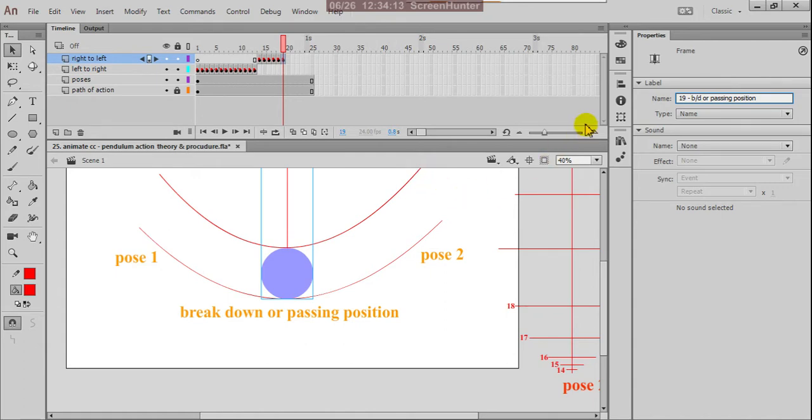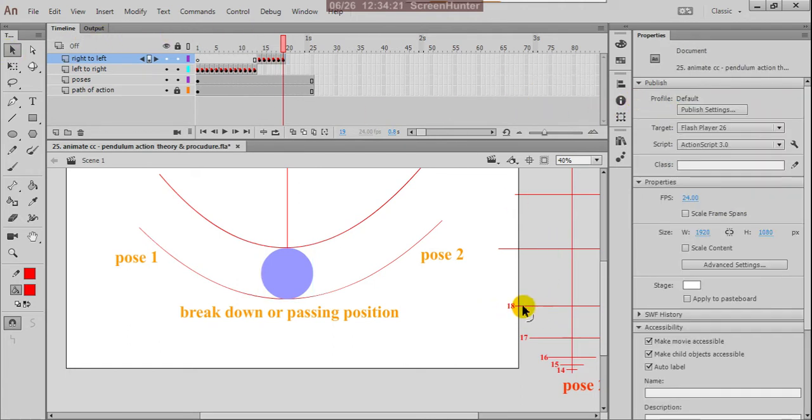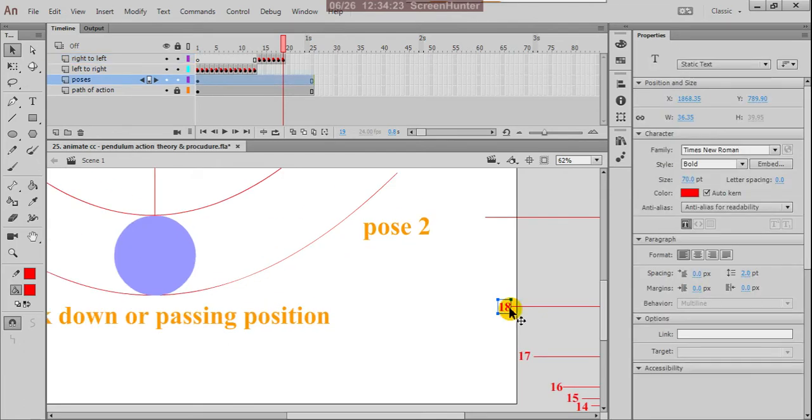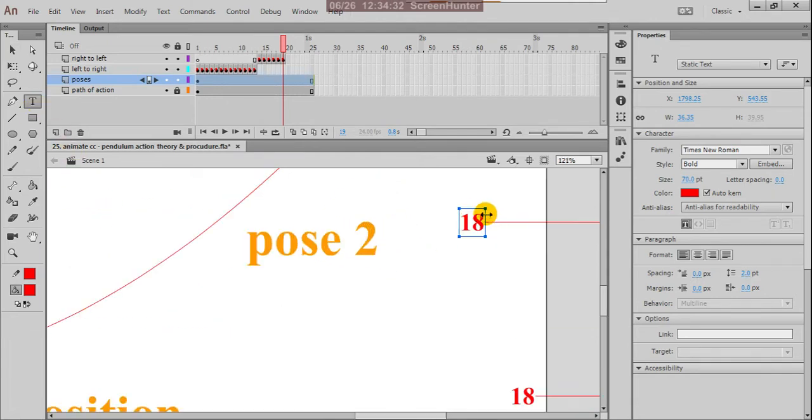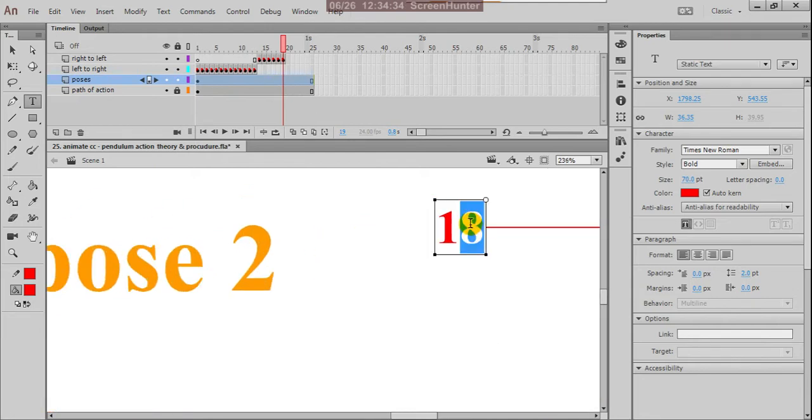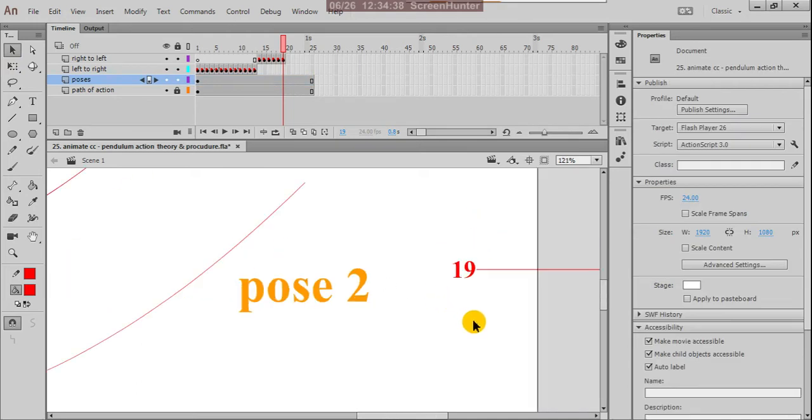That is why we call it a breakdown or passing position, but number wise it is 19th. Drag this and give the name 19.